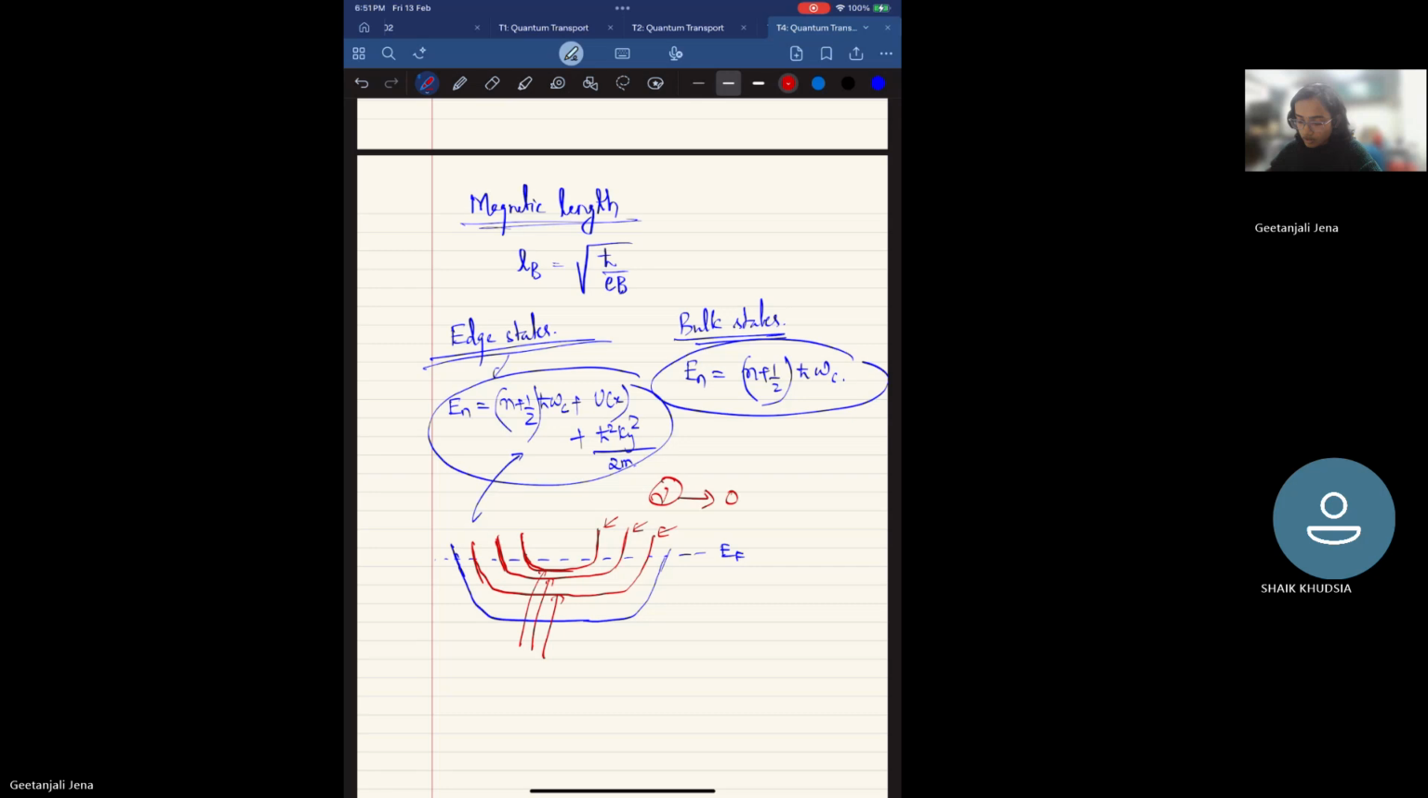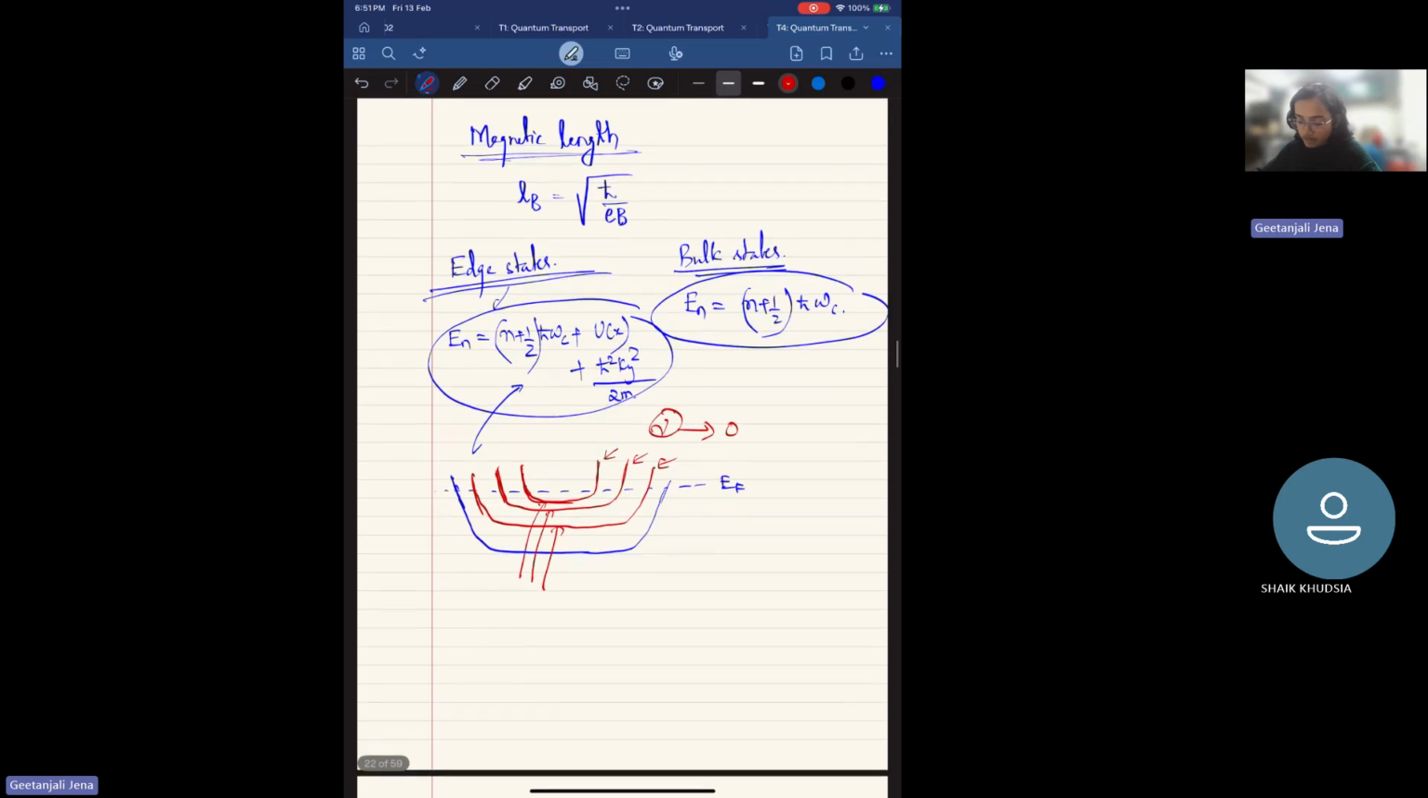And we can calculate the conductance of this edge state. This is given by G equals ν e squared by h. This is the two-terminal conductance. Resistance plateaus in the quantum Hall effect occur when